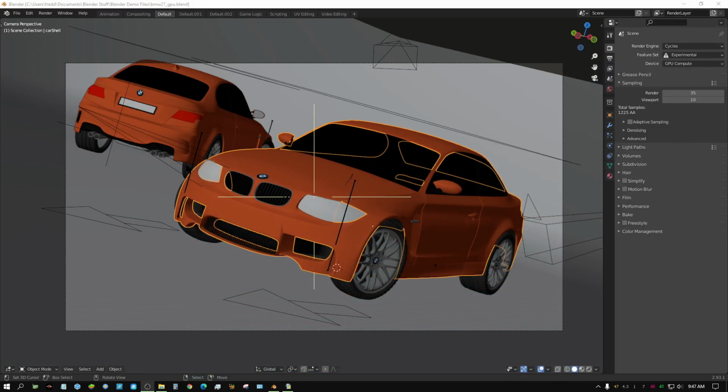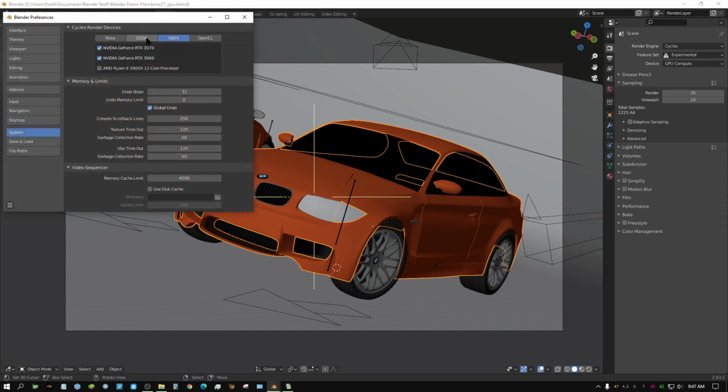Alright, I'm going to start off with this BMW benchmark, and let me go to the preferences, and I'm going to put this on CUDA. First off, I'm just going to use the RTX 3070, which is going to be faster, but the 3060 has 12 gigabytes of VRAM versus 8 on the 3070. So you have 50% more VRAM on the 3060. Alright, let me go ahead and